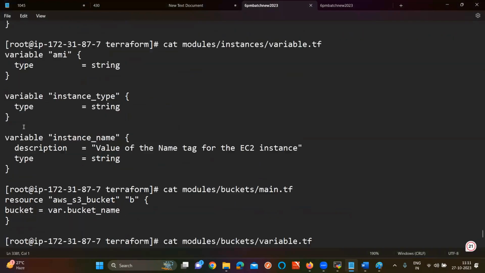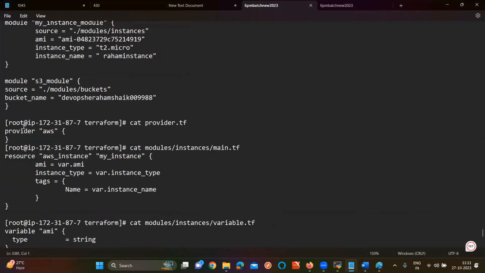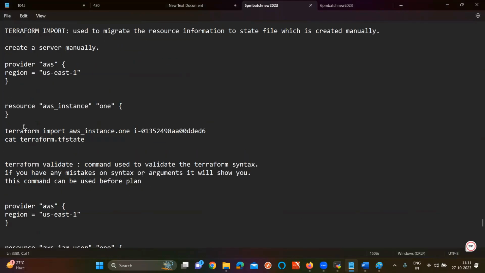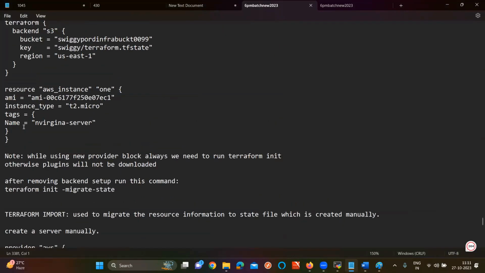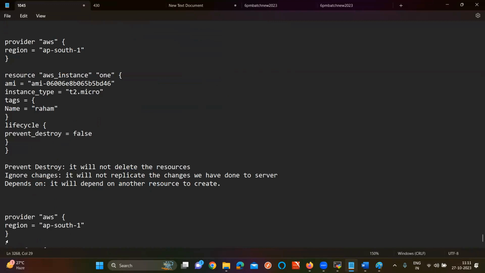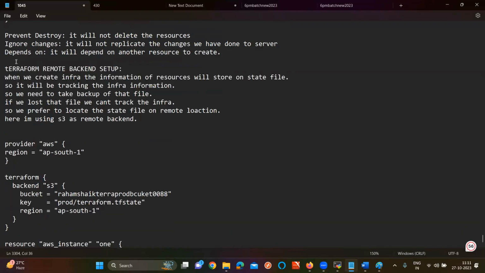Already I wrote the content here. So here I have the content already. So I'm giving the same content for you, instead of writing the content from scratch again. I'm sharing it here for you. That's it.